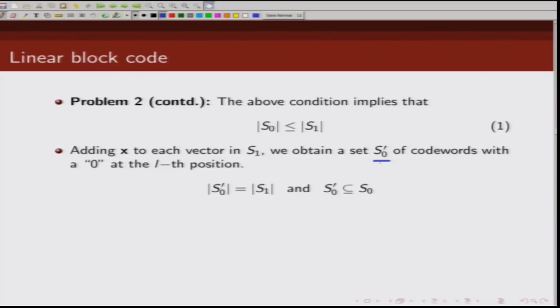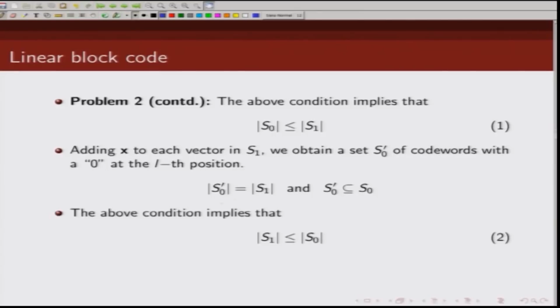So S0 prime is a set of code words obtained by adding X to the set of vectors which have 1 at the lth location. Then the set of vectors in S0 prime has the same size as the set of vectors in S1, and since S0 prime is a subset of S0, from this relation we can write